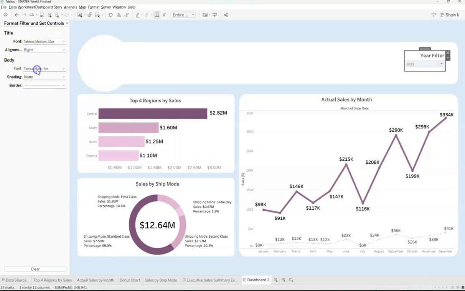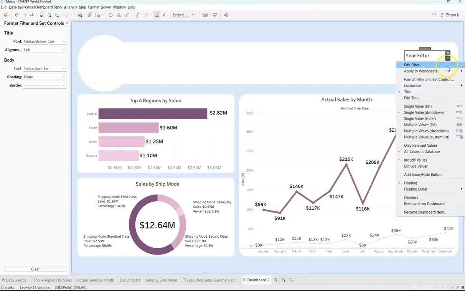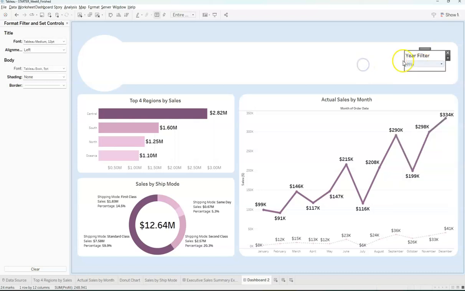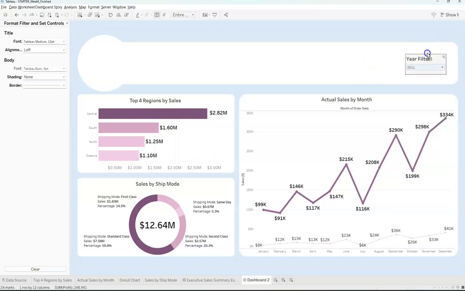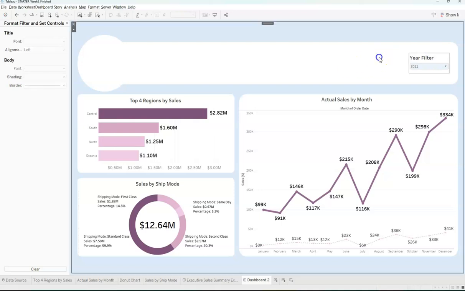We can change this so that it goes alignment right if we wanted to. I'm just going to keep it on left. And you can also remove the background color as well. Okay, so that's all of those settings in there. Okay, so we're going to just embed this, make it look like it's embedded into the top shape here where